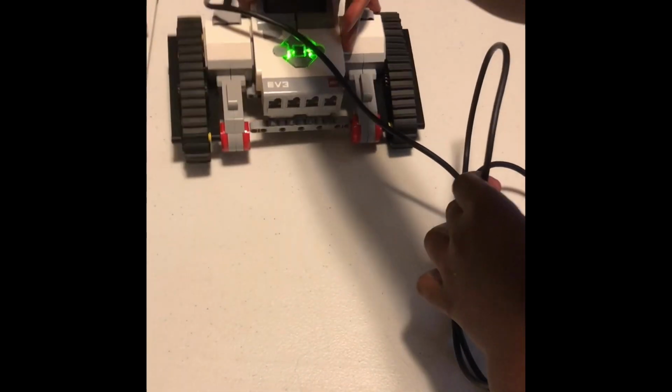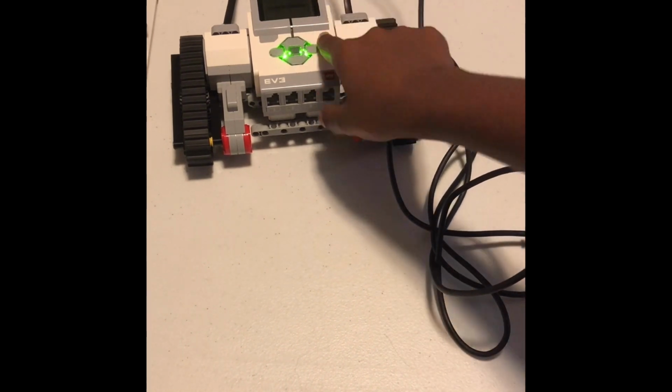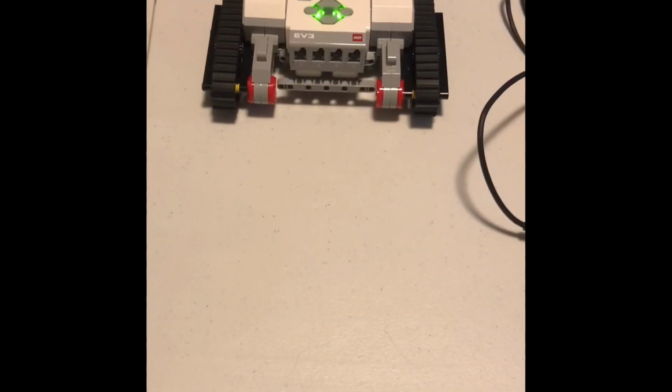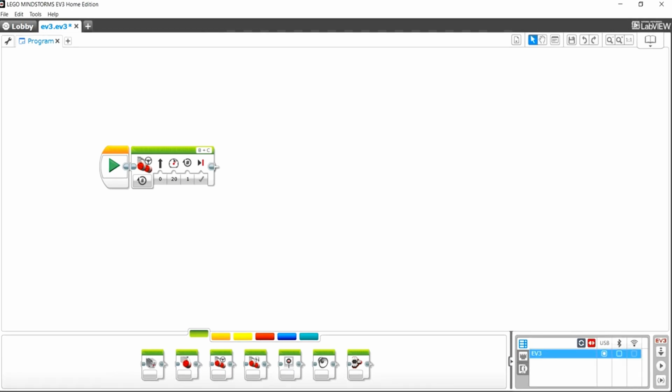And this will make the program that we make download as a project into this brick. So let's just put that right there. Move this wire out of the way, and now we can program it. Okay, so now that the wire is plugged in, we can play this program. And now you see that this